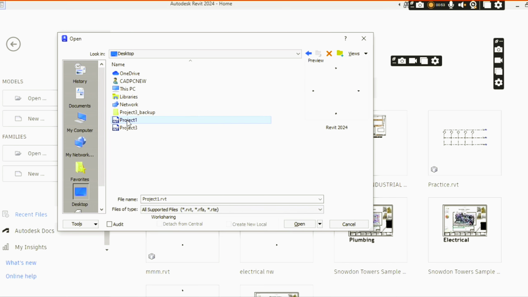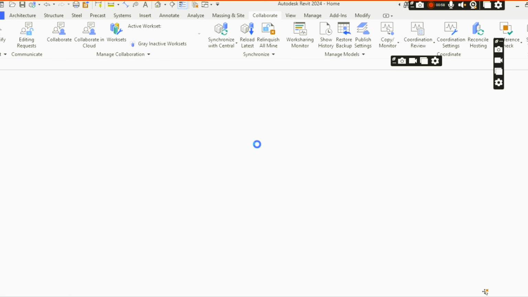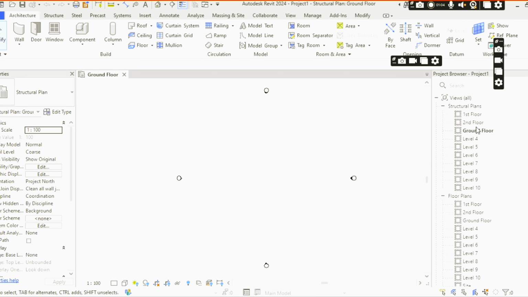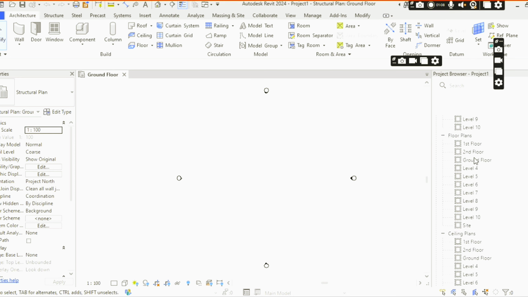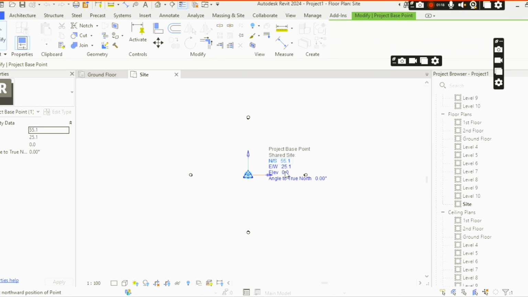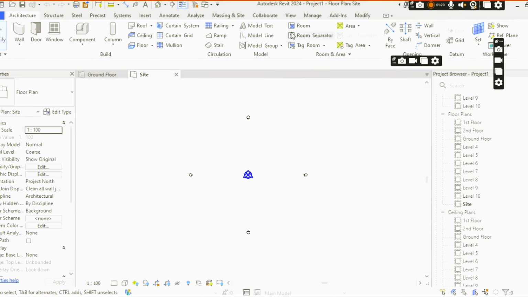After clicking this Project 1, you just go with Open. So again that project is going to open, the morning one which I showed you for practice. Morning I created some 10 levels, and I showed you how to locate the project location; I already showed you. You can go to Site Plan and check whatever location value we got in the morning, that location only. Again you just go to the Manage menu and the search menu,